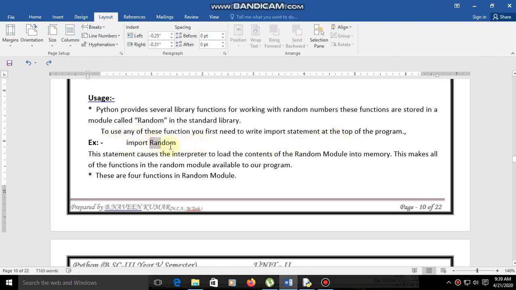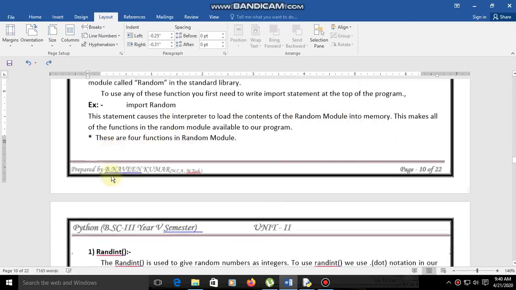The random module is already predefined, and this is an example of how to import it. This statement causes the interpreter to load the contents of the random module into memory, and this makes all of the functions in the random module available to the program we are presently writing. So in that program the random module will work, right? The interpreter will do that work.